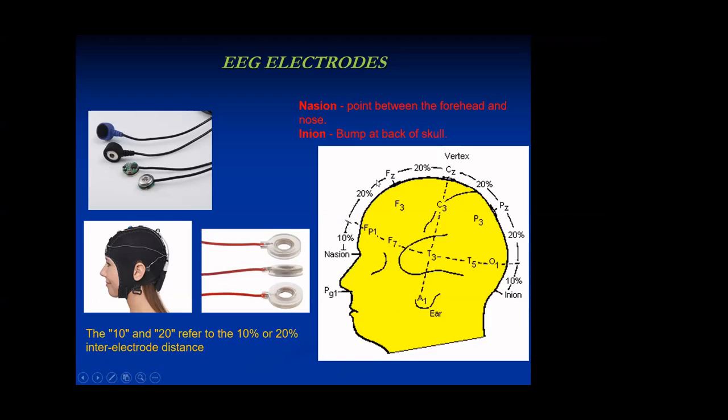So this is 10% of the total distance. This is 20%, again 20%, 20%, 20%, and then 10%. These electrodes will be placed on a cap, and that will be connected to the head in this manner. So in any case, the first stage is the electrodes which convert the biopotentials into electrical